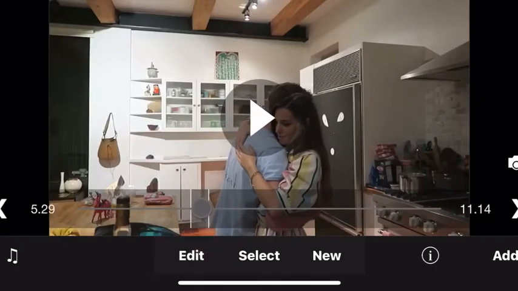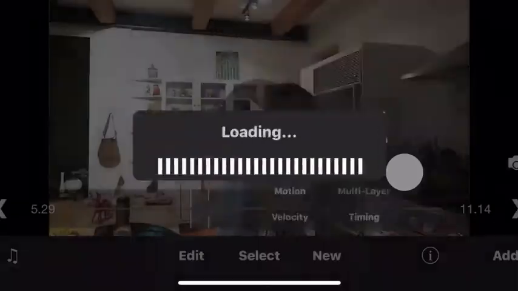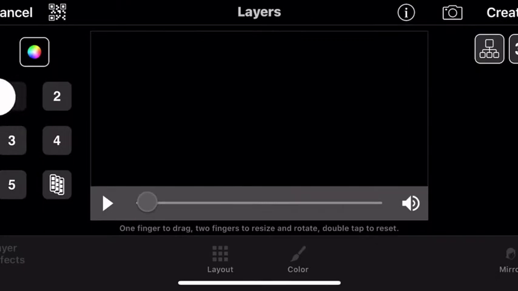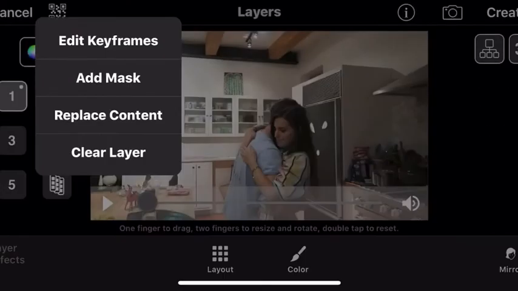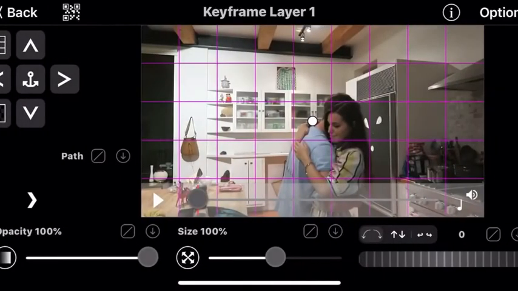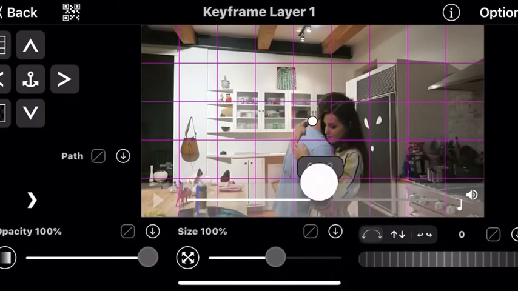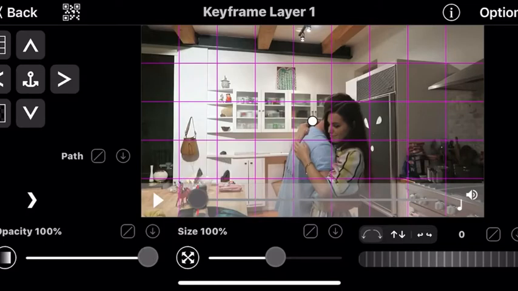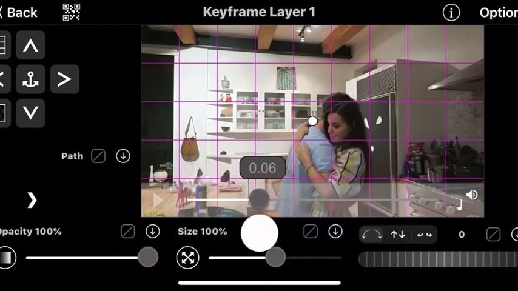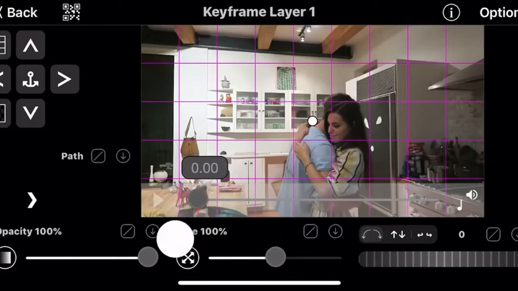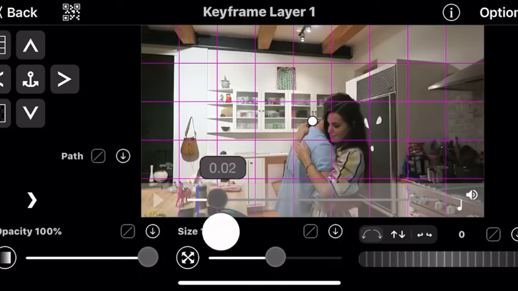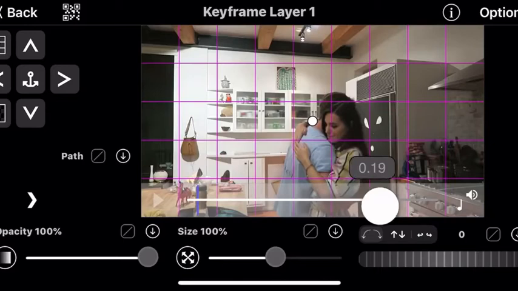You'll go to your first clip and press New, then go to Multi-Layer. Press the number 1 and put in your clip. From here, you'll press Edit Keyframes, and this is where it starts to get kind of confusing when you look at it, but it's really easy, I promise. You have this blue line here, and it turns red when you are over it. This is your starting point. That's where the edit starts. For this transition, you're going to go all the way to the end,